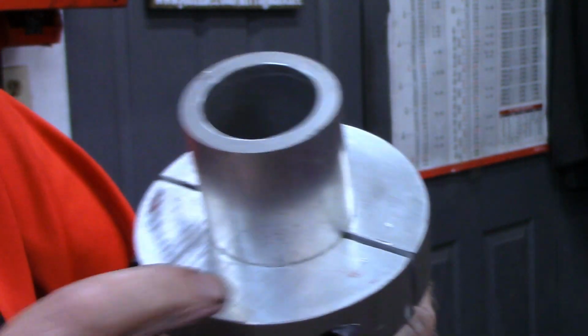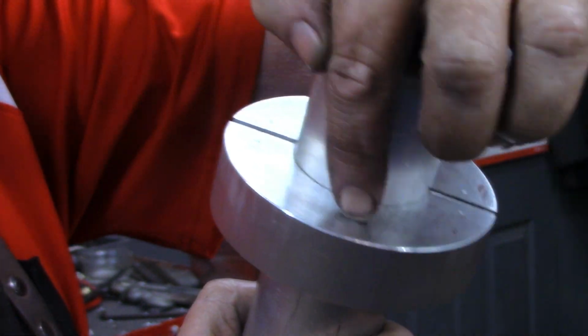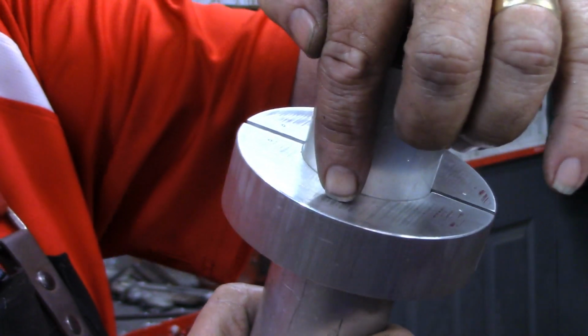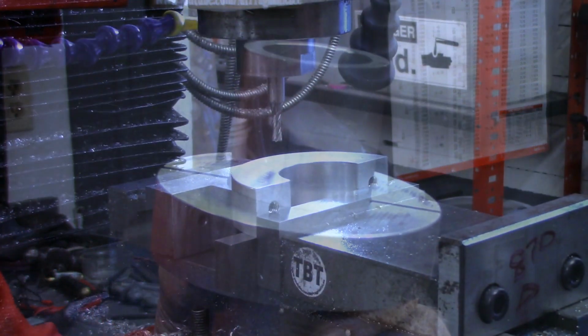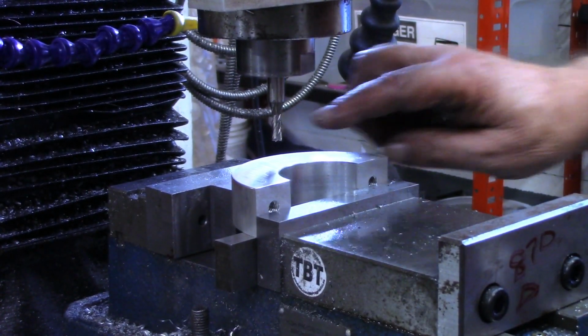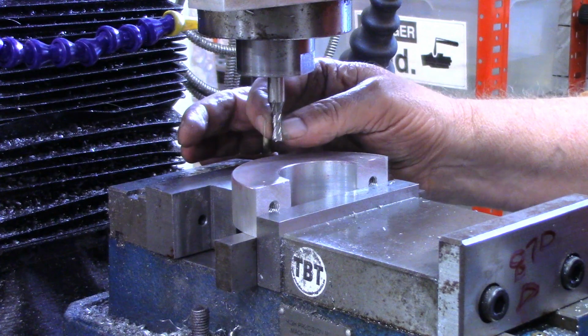So now what we're going to need to do is take this half, carry it back to the mill, and put a slot in here for the strap to go through. The strap, of course, will have the hook that will hook onto the handle on the projector. All right, to make this slot for the strap, I'm going to use a 7/32 end mill,